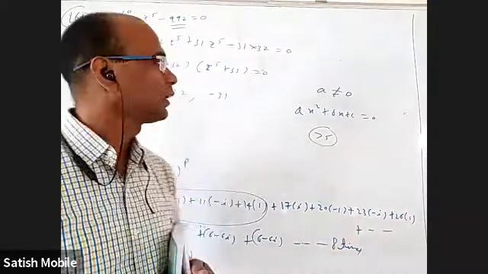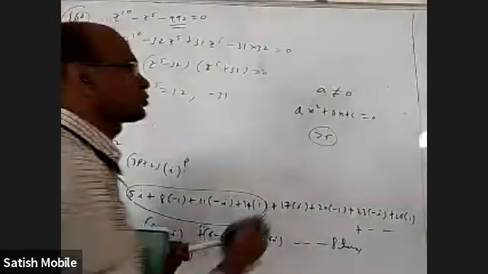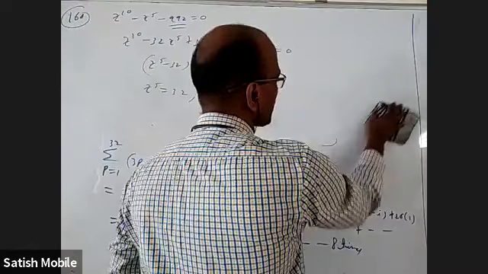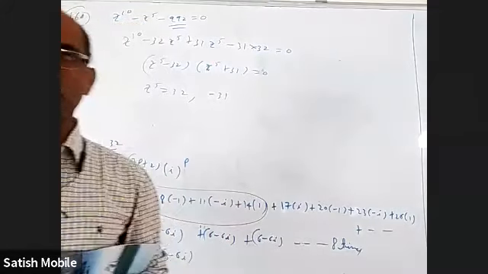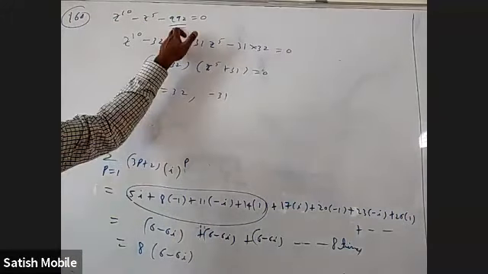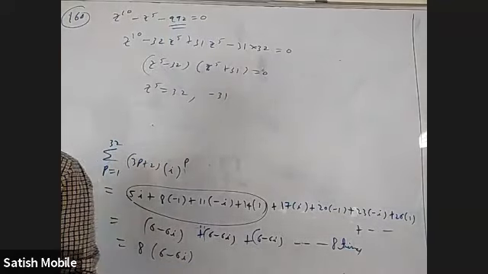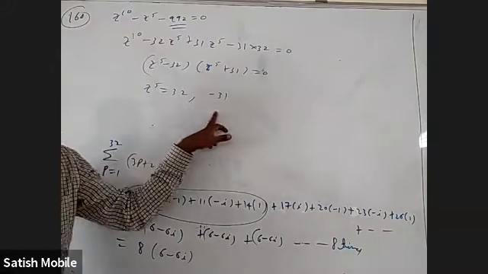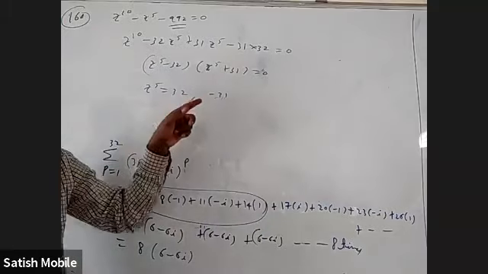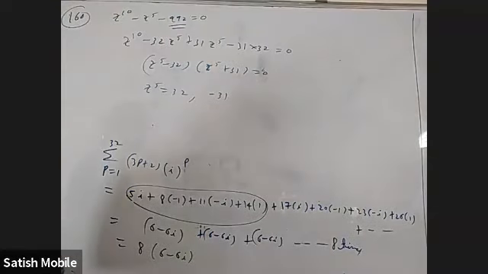But when the product of the roots is negative, the roots cannot be complex. Why? Always, complex roots exist in conjugate pairs. If alpha plus i beta is a root, alpha minus i beta will be a root, and the product will be alpha square plus beta square. Product of roots can't be negative. So when the product of roots is negative, definitely the roots are real, and not just real, one should be positive and one should be negative. So without finding exact numbers, I can tell that this has two roots. It has one positive real number as one root, one negative real number as the other root. That is sufficient for me. I don't need further.